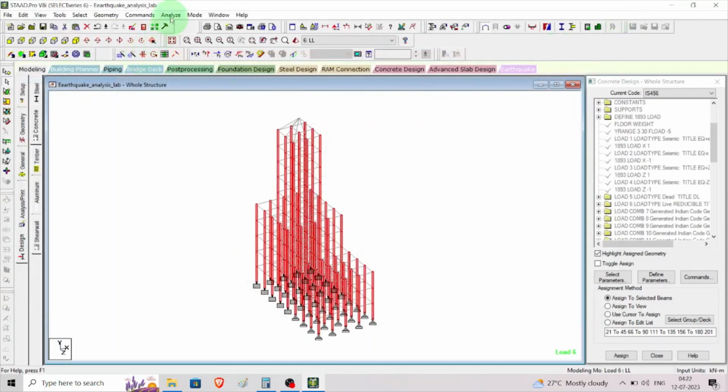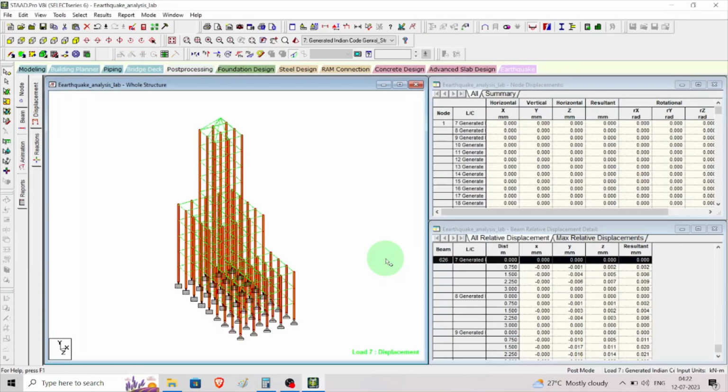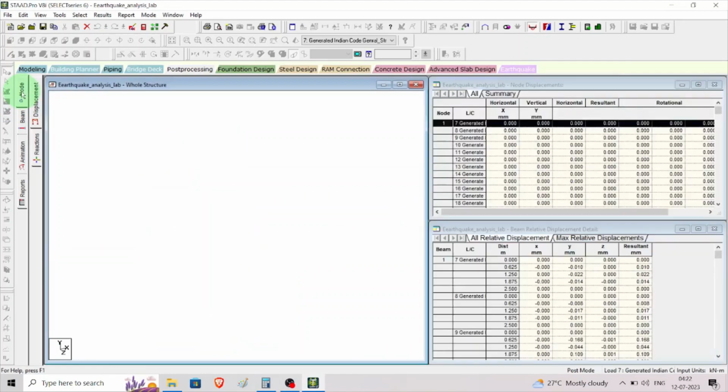Now we'll go back to our mode, post processing. We don't want these 6 load cases, we want combinations only. We remove this one, click OK. Now we can see the displacement in the x, y direction for the combinations only. We can see the values. So first one, node